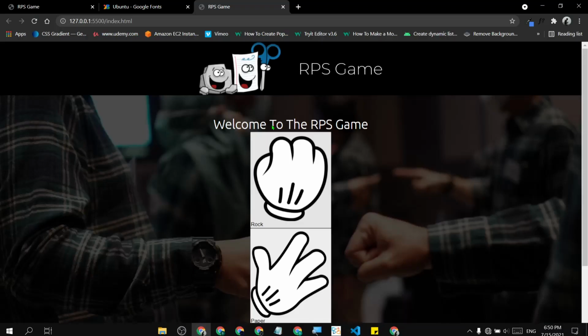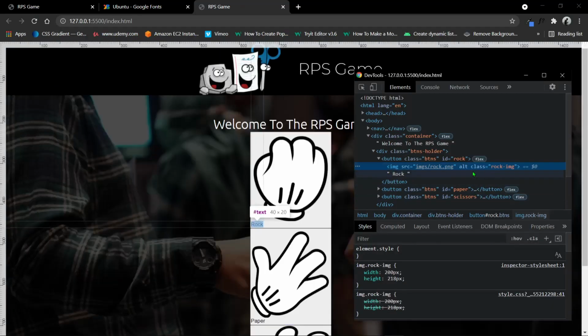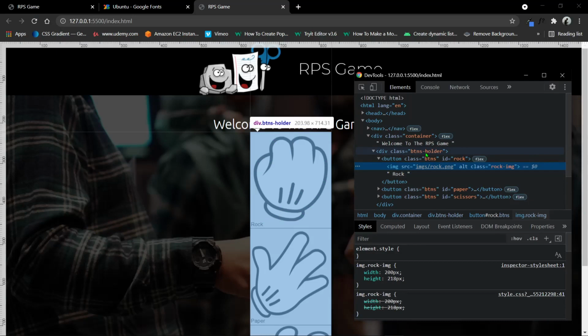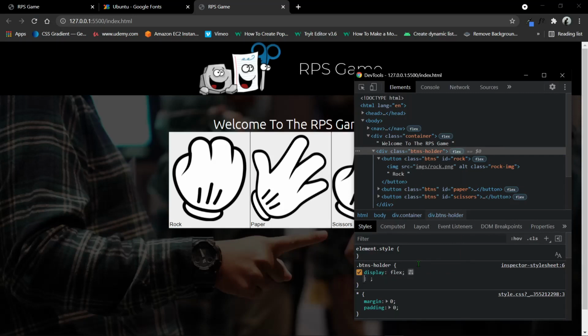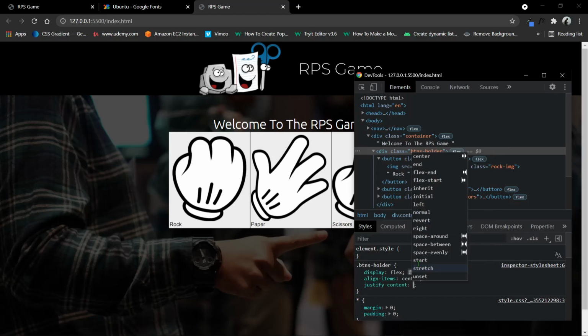btns holder. So what we will do is we will target this btns holder and we will set the display as flex. Display flex, align items center, and justify content center.